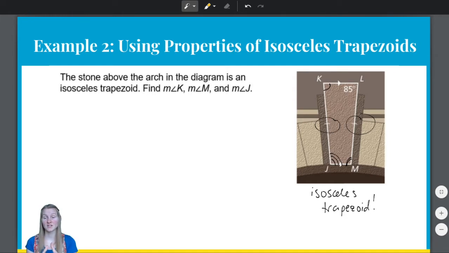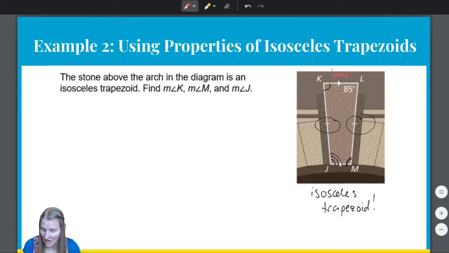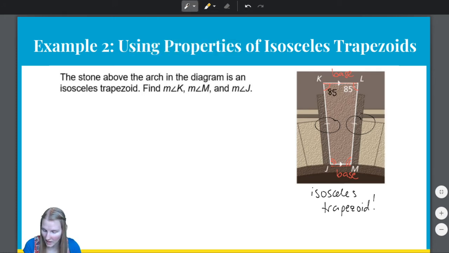This is important because if I have an isosceles trapezoid, then the base angles are congruent. So remember, the bases are the sides that are parallel. So in our case, JM and KL are bases. And that means that angle L and angle K are the same, and angle J and angle M are the same. Base angles must be congruent. So I know that angle K is 85 degrees. Measure of angle K is 85 degrees because of the